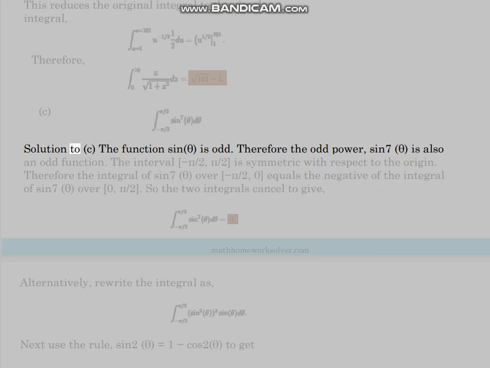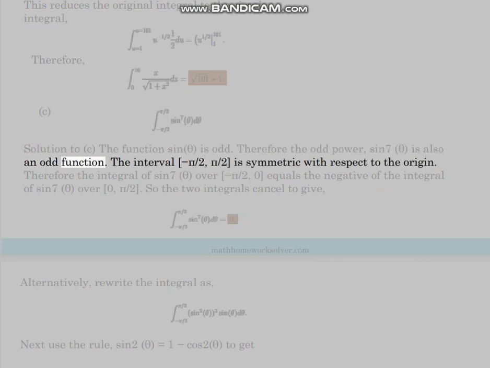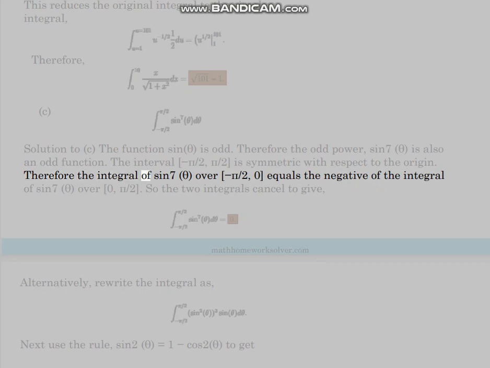C. Solution to C. The function sin theta is odd. Therefore the odd power, sin^7 theta, is also an odd function. The interval [-pi/2, pi/2] is symmetric with respect to the origin. Therefore the integral of sin^7 theta over [-pi/2, 0] equals the negative of the integral of sin^7 theta over [0, pi/2]. So the two integrals cancel to give